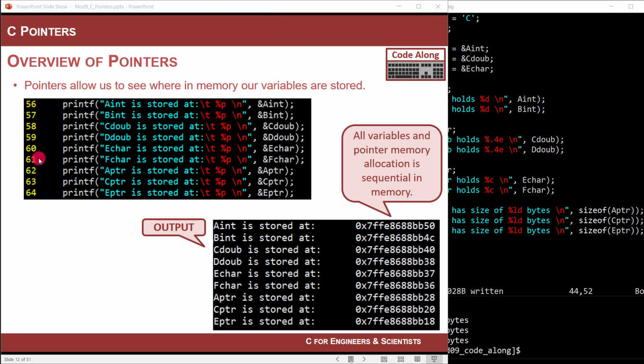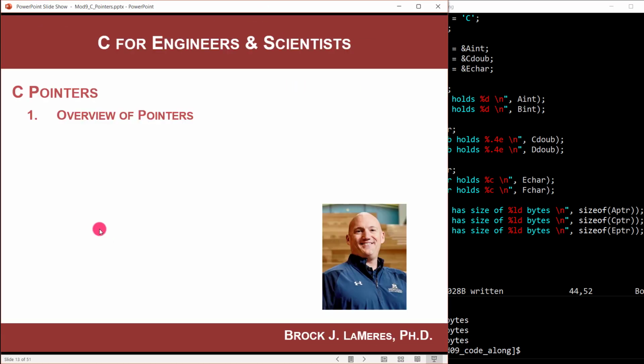Okay, that is it. That is pointers. Like I say, that's the overview of it. We'll use these a lot when we look at arrays, but that gives you the background to get started, and